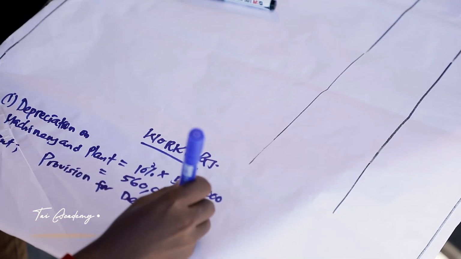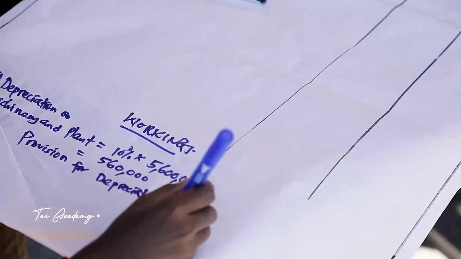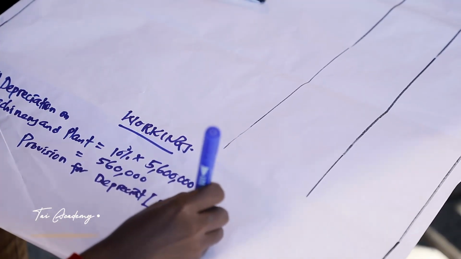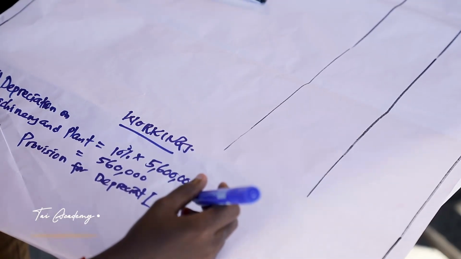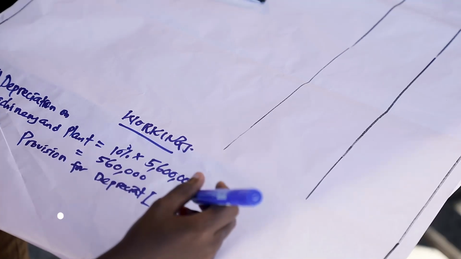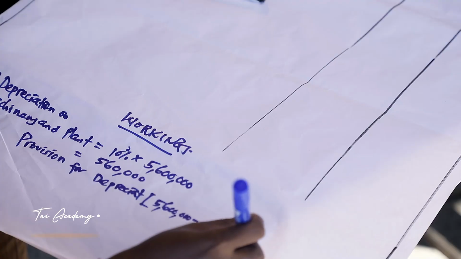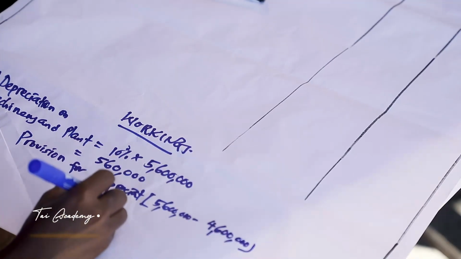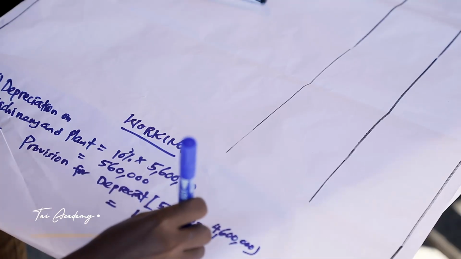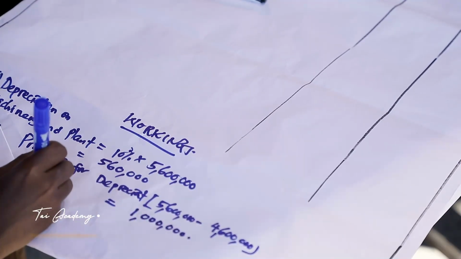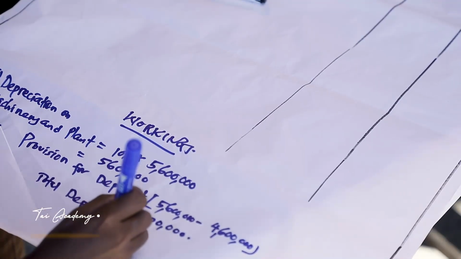ambayo machine depreciate from 5,600,000 tu. Kwenye trial balance pale alikwambia cost ipo 5,600,000, lakini kwenye trial balance ipo ni 4,600,000. Kwa hiyo lazima utoe 4,600,000. Kwa hapo utapata 1 million. So total depreciation will be 1 million